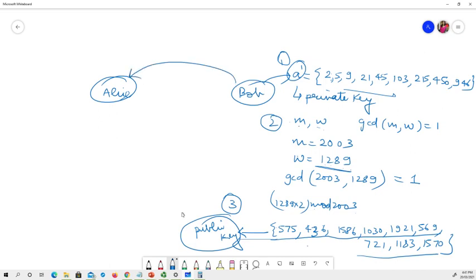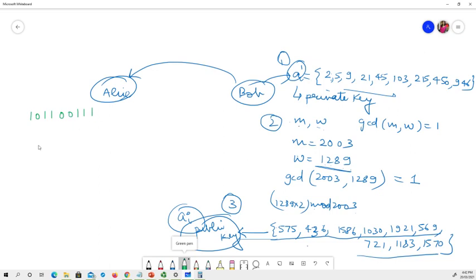So this is the ai's. This was ai prime over here. That was the private key over here. So now we get two keys: one is public key, one is private key. The public key over here is not a super increasing sequence, but the private key is a super increasing sequence. Alice, on getting this, let us suppose Alice wants to send a message